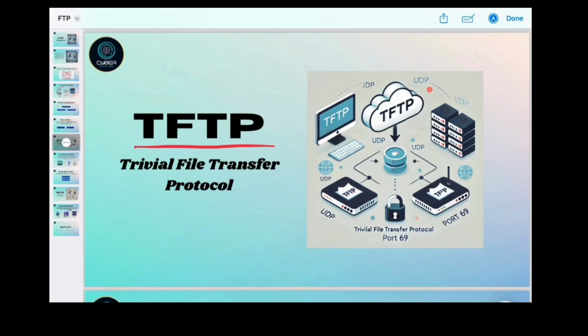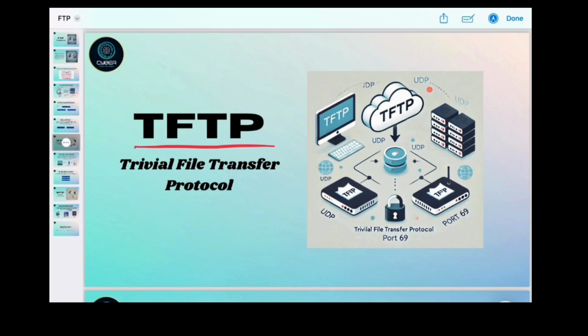Operating over the UDP protocol, TFTP is suitable for environments where reliability and authentication are not critical. Trivial File Transfer Protocol functions as a straightforward file transfer mechanism, enabling clients to upload or download files from a